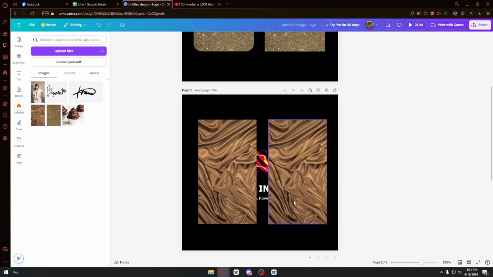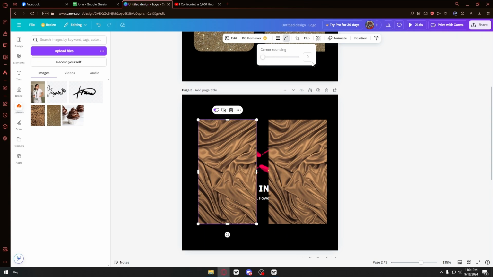round the corner with. Let's go ahead and click on this one, and right above the choices right here, we then have the ability to click on the corner rounding. It's right beside the border style right here. You can just go ahead and click on it, and from here you can adjust this the way you want